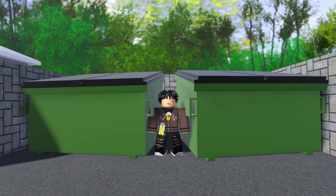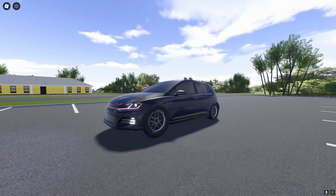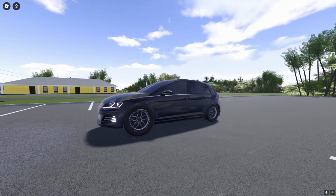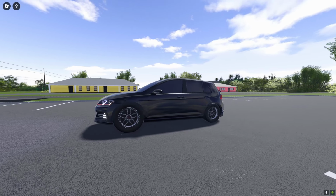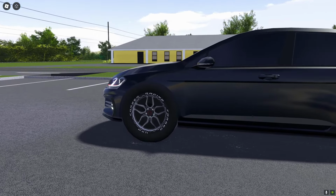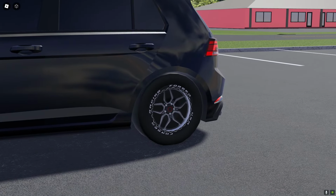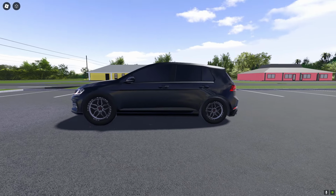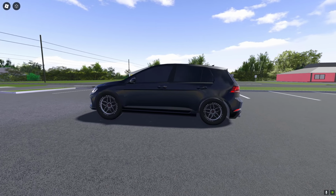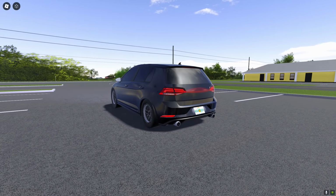So in today's video, I'm going to be showing you guys one of the most underrated drag cars in Southwest Florida. Now look at this thing. This thing is extremely fast. It does look a little weird though, again, with the humongous front tire and the tiny back tire. Don't even question it, guys, all you gotta do is trust the build. All right, trust it. As crazy as it sounds, man, it is actually one of the fastest drag cars in